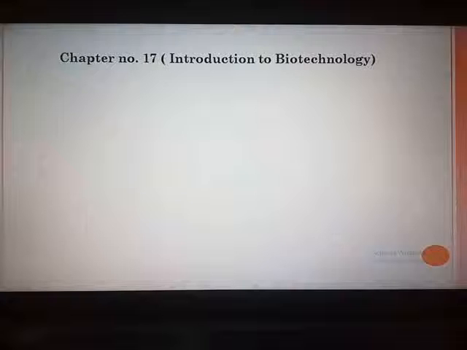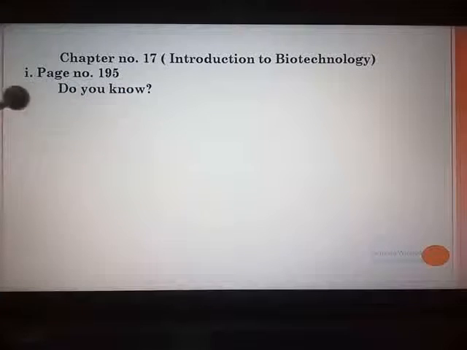Page number 195, in the center of the page you have a green colored block, "Do you know?" Remove that. It is about the information of blood. Blood is also a type of connective tissue. That part you have to remove. So that block, "Do you know?" Turn to page numbers 196 and 197, there is no reduction. Page number 198, there is no reduction. All those activities, use your brain power, try this, can you recall, we have to study.